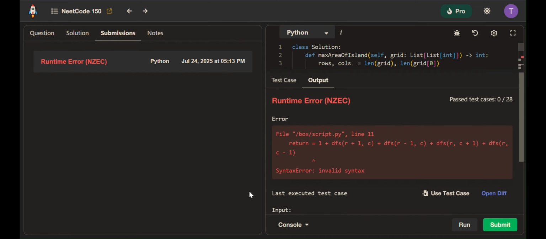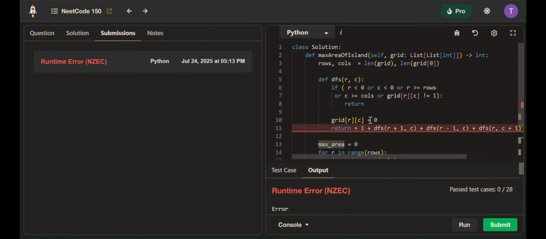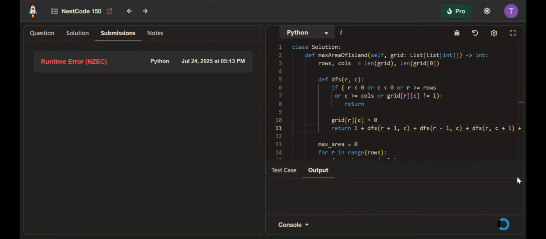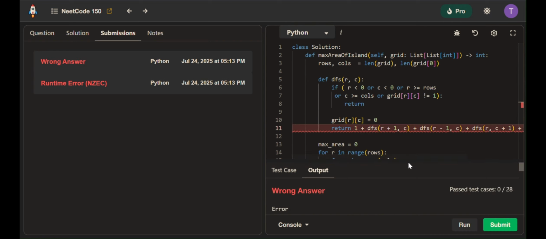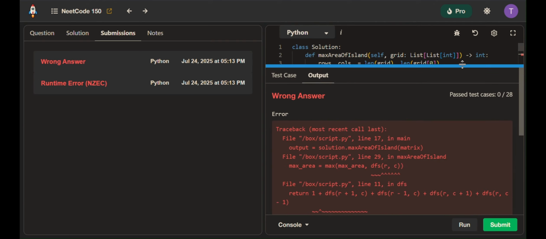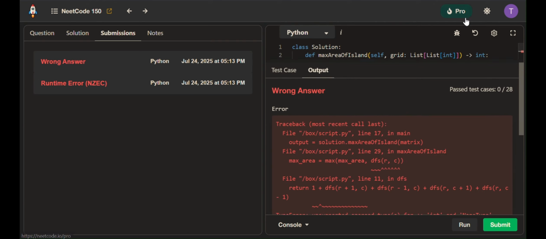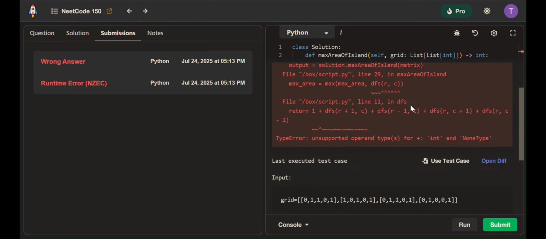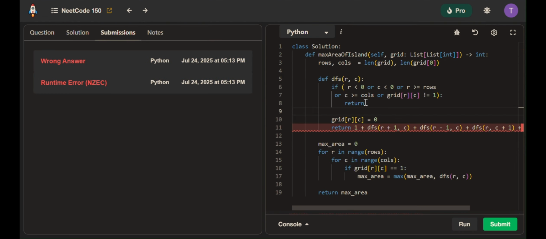Hopefully it's going to work. So for some reason I had an equal statement. Pardon me for this. So let's test this again. We have an error. So, all right, the error I made here is that if we are not in a valid position, I'm simply returning the call, but I need to return 0 so that we know that this is not an item and we don't want to increment the count. So let's submit this again,